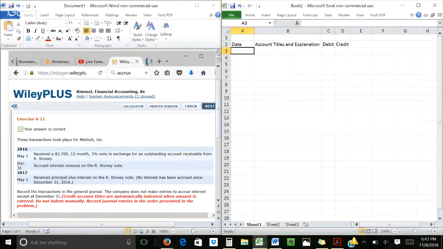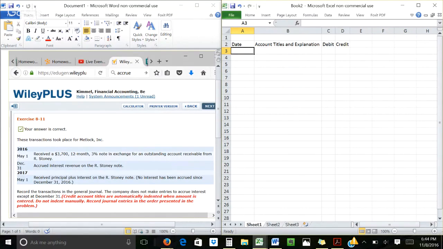This is going to be the lesson 9, chapter 8, exercise 11 homework support. And so let's go ahead and get into it. We have here on the left hand of my screen the transactions that took place for Metlock Inc. We have a customer, R. Stoney, who purchased a product on account and is actually going to have that outstanding account receivable turn into a